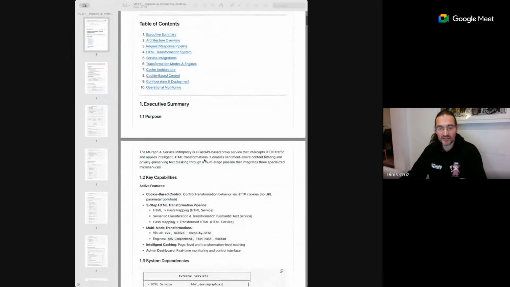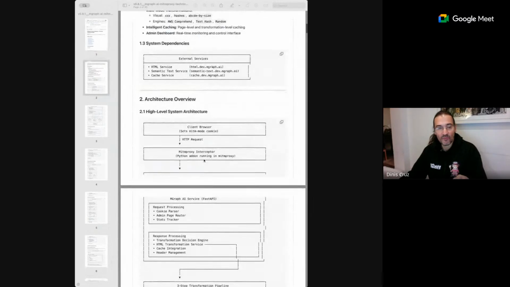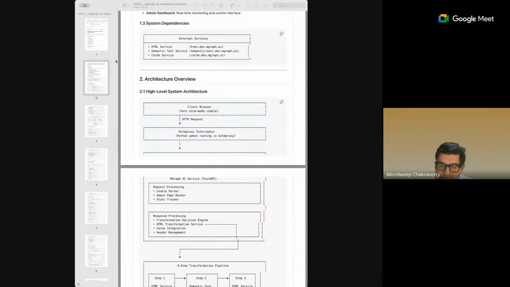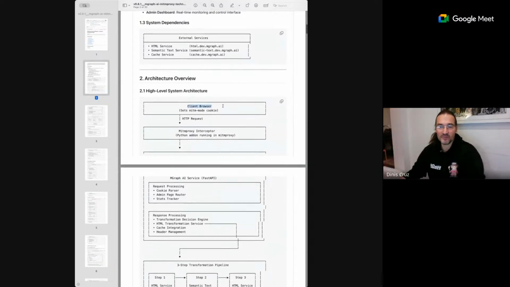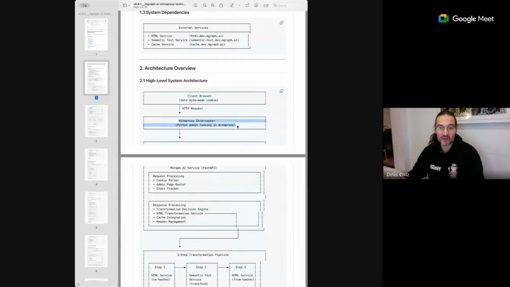All right, can you guys see this? What's really cool about this is a 30-page document that was created from the code. It's literally created from the code. When I'm looking at this, I feel like I'm going back in time over my last 6 months, because every major element here is almost like a couple of weeks of my tangents to build the building blocks. But very quickly, what you see here is that I've got the browser, which we're seeing. I've got a Mailboxy interceptor.